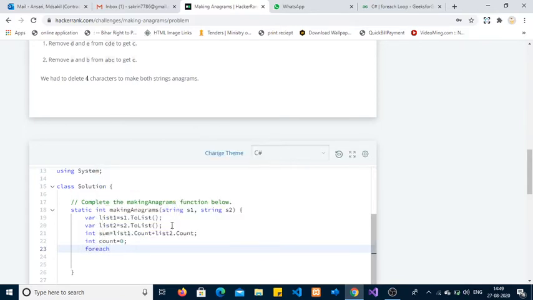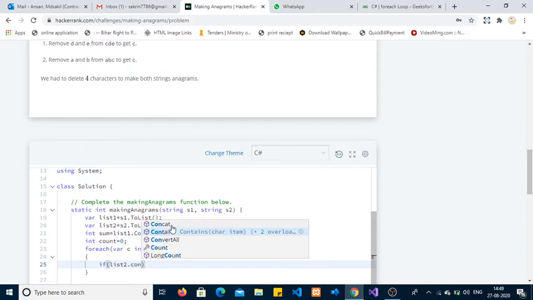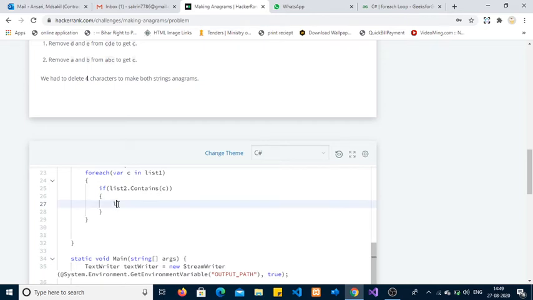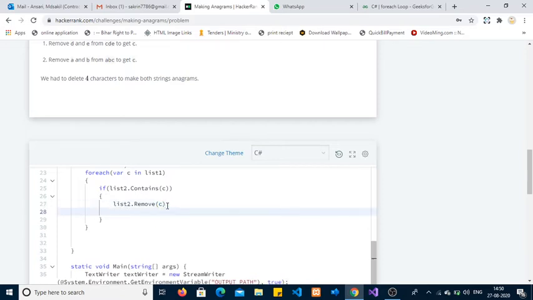I am using a foreach loop to iterate over items in list1: for each C in list1, if list2 contains C, then I am removing it with list2.Remove(C) and count plus plus.